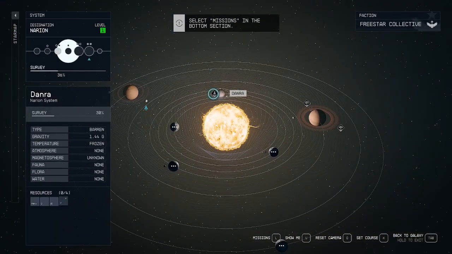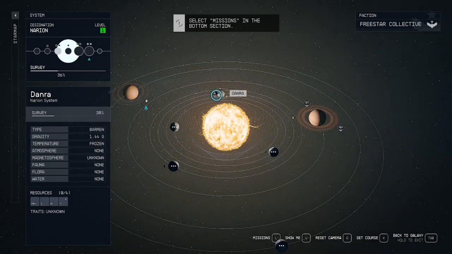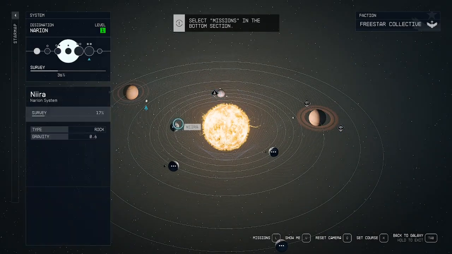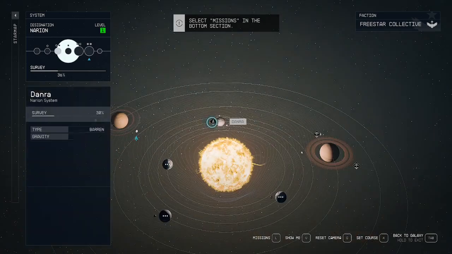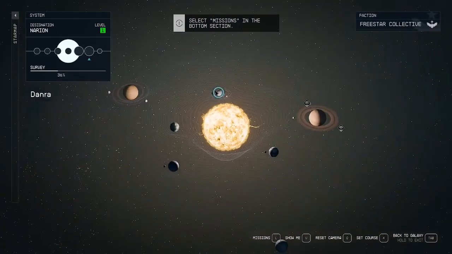I'm quite interested to look. You see, we've got star stations here, and this station. While we're here, let's go have a look at this ship. Let's see what's going on. That didn't work, did it? How do I...